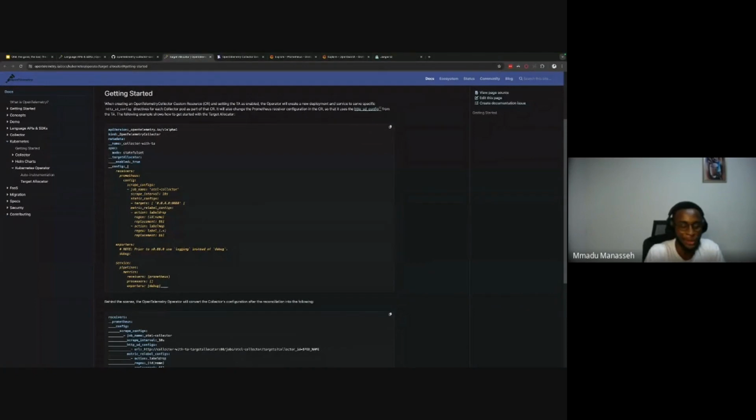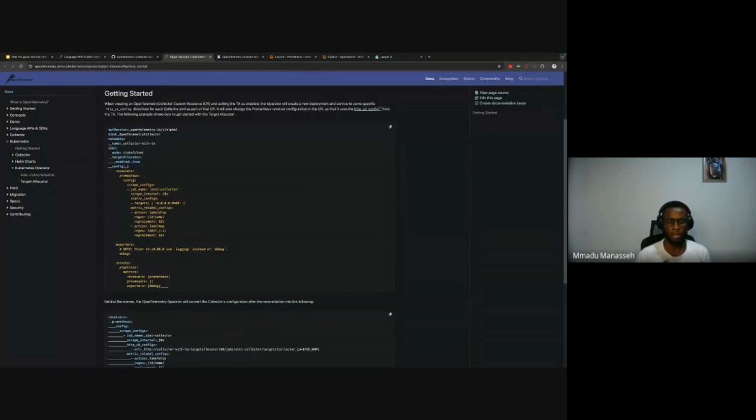With OpenTelemetry, as I said, everything depends on whether you're starting a new service from scratch or you are trying to move from an existing system to another system. When you deploy a new cluster and you install Prometheus, you install things like kube-state-metrics and all those Prometheus exporters, they collect all those metrics for you and push them to Prometheus. At that point, if you just want to query the data from Prometheus, it's fine, you don't need OpenTelemetry. You can query the data from Grafana and visualize the state of your cluster.